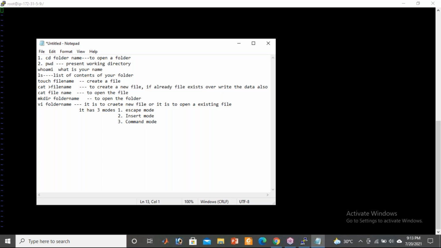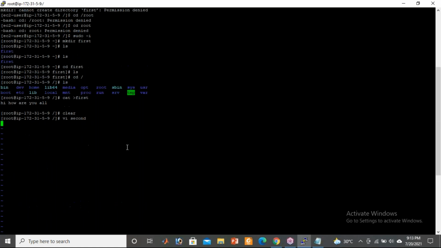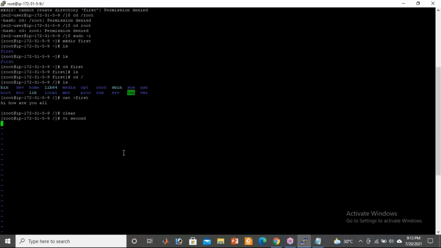You can go based on your requirement. First we'll go with insert mode, guys. As the name states, what is insert mode? To add data, to edit the file, you should go to insert mode. Then only you can edit the file. Normally you cannot edit the file.